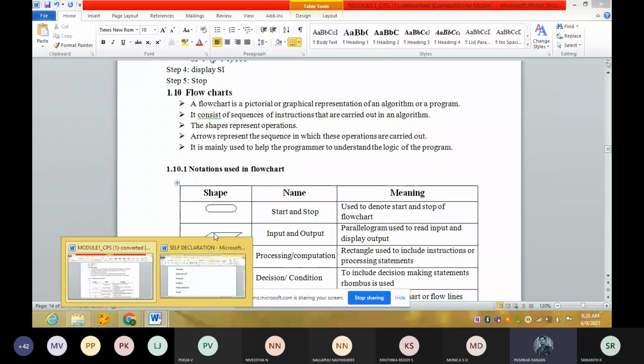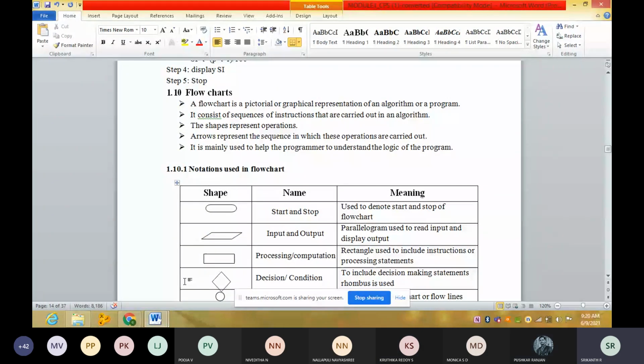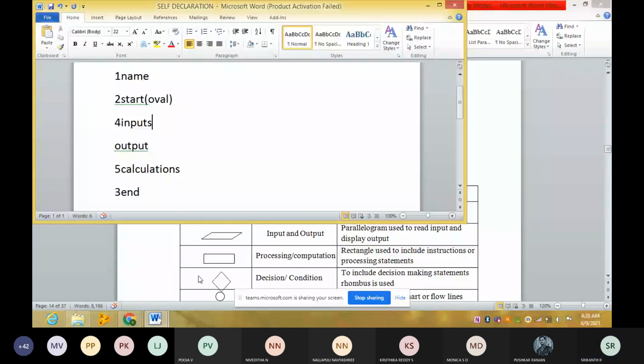For input output, we use parallelogram. For calculations, we use rectangle.